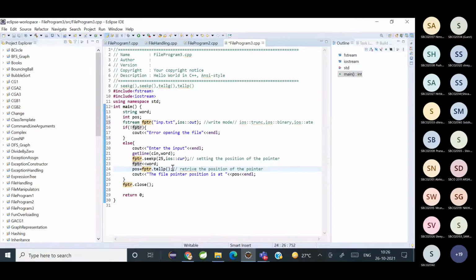For that I'm using tell p. It is used because it is an output mode, and if it was input mode, I would have used tell g. तो कुछ डाउट है इस कोड में? Have you all understood?